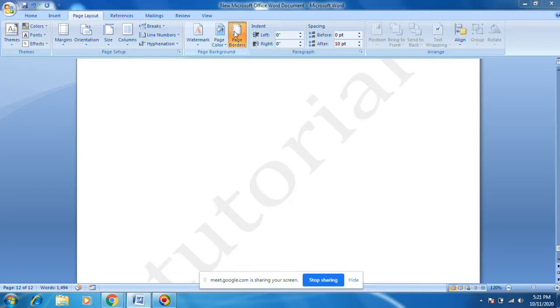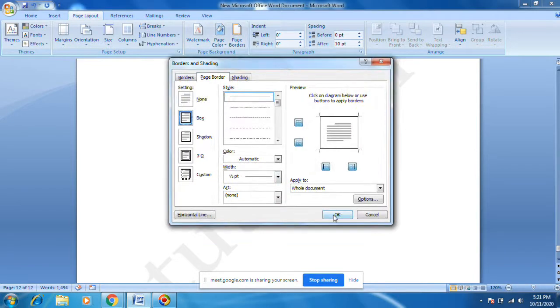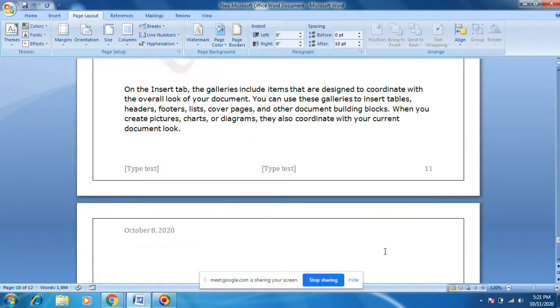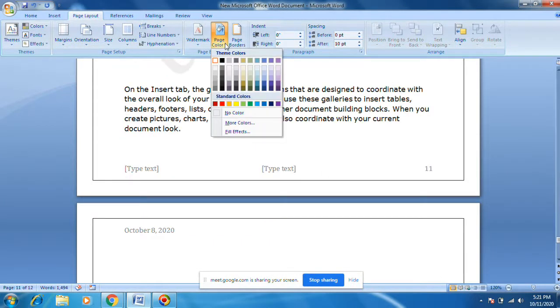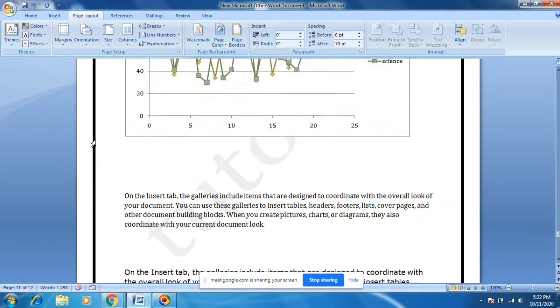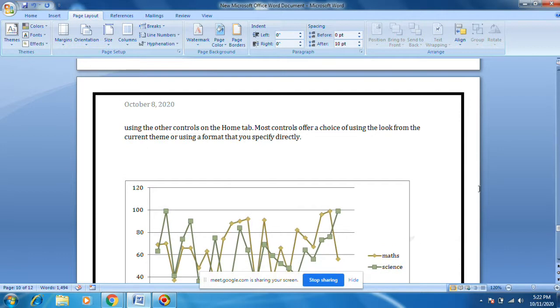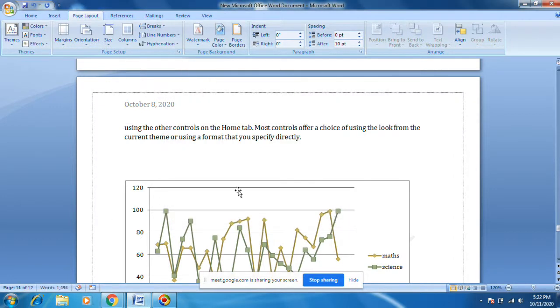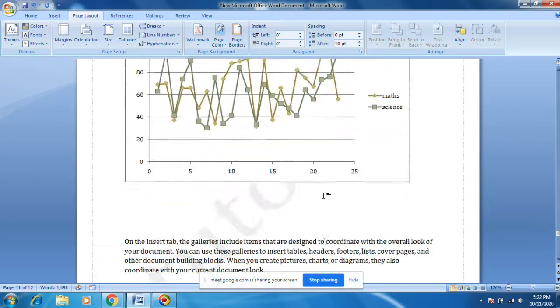Okay, page border, how thin you want you can put. This is called page border. Every page you will set, we can set a border. If you want to do a thin border, you can choose anything. Very thick border. Thin borders are very thin. You can put something like this, this is a very thin border. Whatever you choose, you can choose.